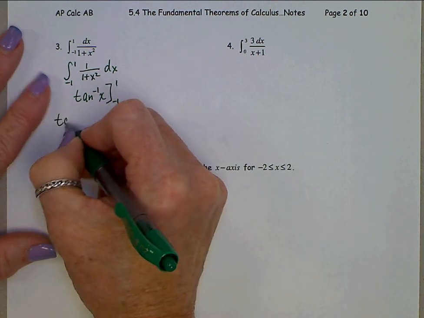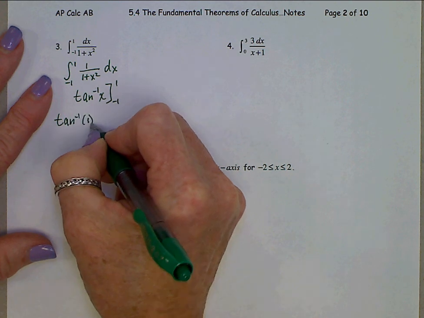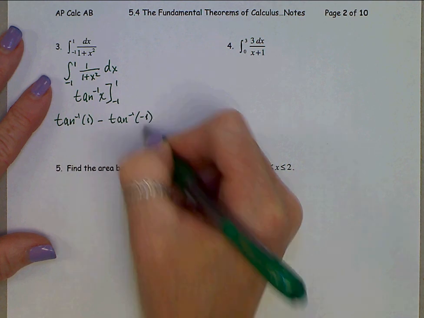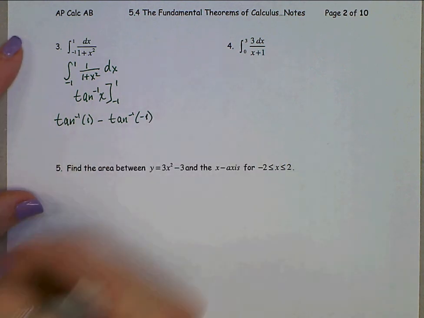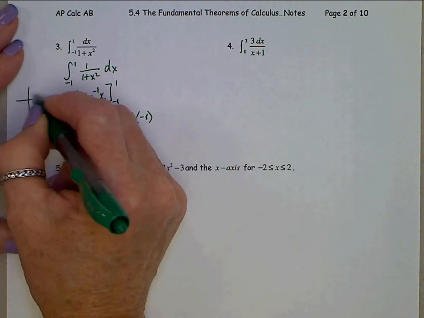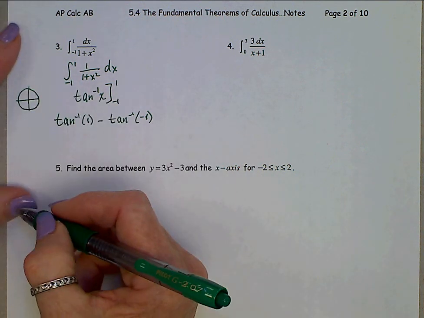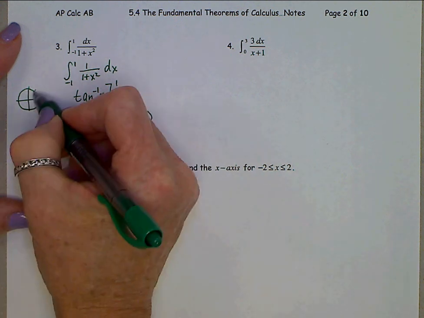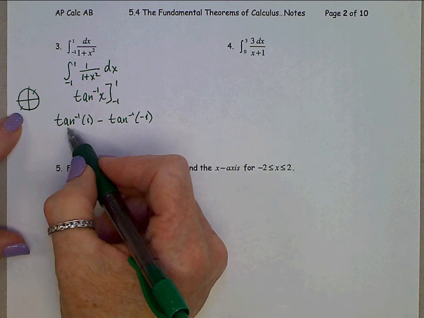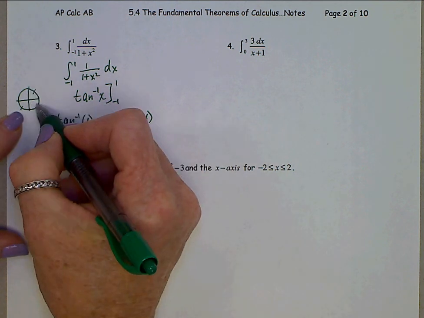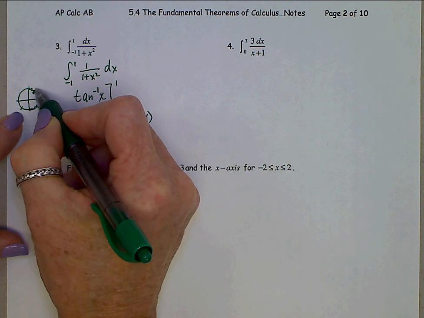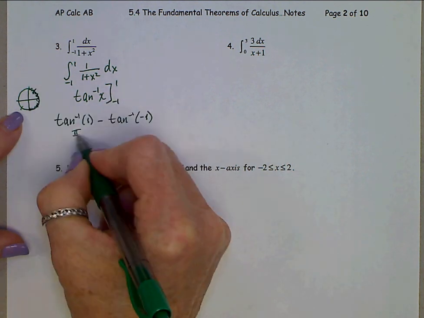So this will be the inverse tangent of 1 minus inverse tangent of negative 1. And you remember your pre-calculus, inverse tangent of 1 is asking you where on the unit circle is tangent equal to 1. There are two places, pi over 4 and 5 pi over 4. However, do you recall inverse tangent has its range in the first and fourth quadrants? So we must give an answer of pi over 4